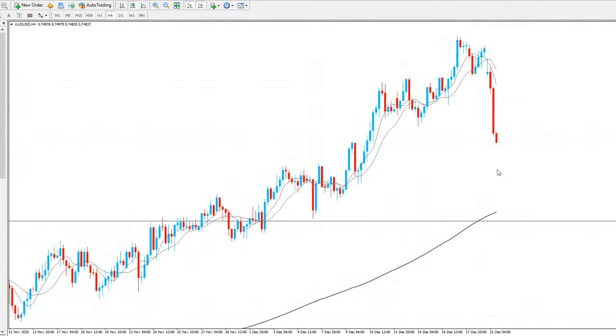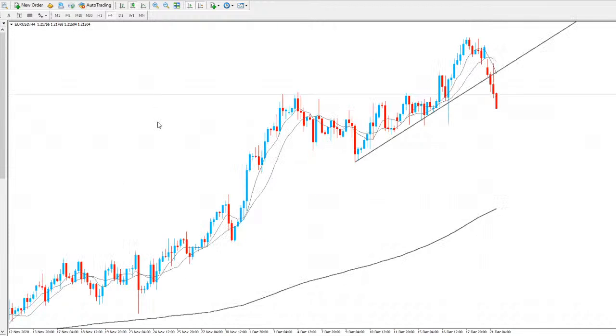Going to be expecting price to continue, and we've got the 200 average not too far away from that level as well, so potentially we could see price drop to that level. Again, I'm not expecting just a complete drop to that level, although that could happen. Probably going to see some retrace before we get there, but expecting to see a longer move to the downside for AUD. Euro USD, this one's looking bearish as well.